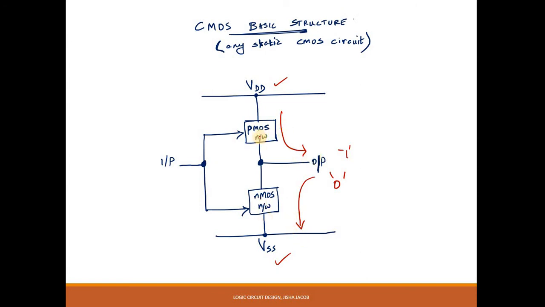Now, why are we doing this? Why are we using PMOS as pull up? Because just as we saw right now, PMOS passes a strong 1 and NMOS passes a strong 0. So, naturally, in order to get logic 0, you would pass it through NMOS, ideally. And in order to get 1 as output, you would pass it through a PMOS, naturally. The inputs are applied in common to both PMOS as well as NMOS. If you have n number of inputs, the n inputs are applied to n PMOS transistors as well as n NMOS transistors. Okay.